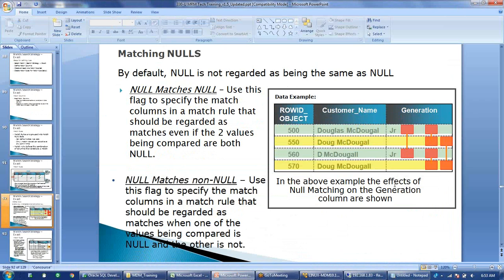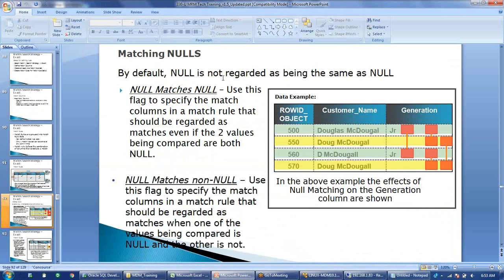With the exact columns, whatever columns I am selecting as an exact column, we have some properties which are defined. The first property is null matches null. As you all know, on the Oracle side, if you try to match two null values, it is never the same. Two nulls are always different. If you try to match two null values, it will always show that it is a different value. But in the MDM sense, I know that there are two null values and it will always be different, but I want to match them.